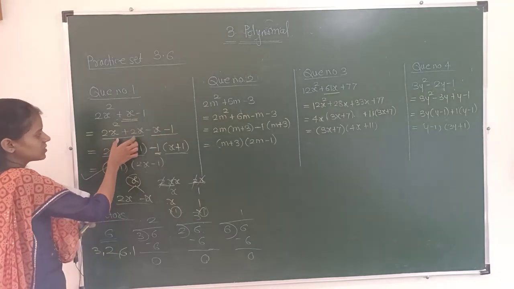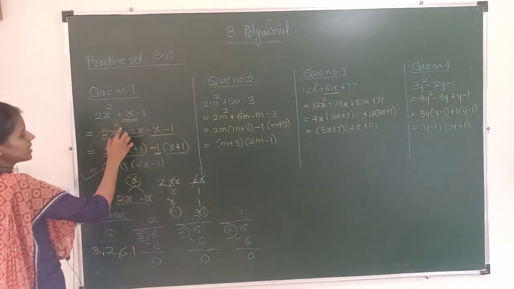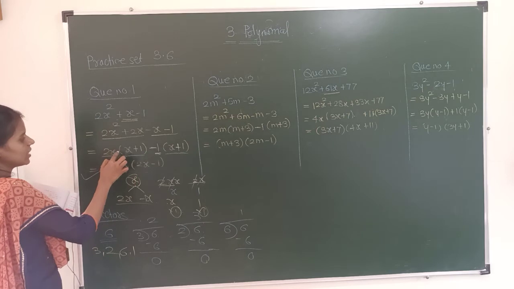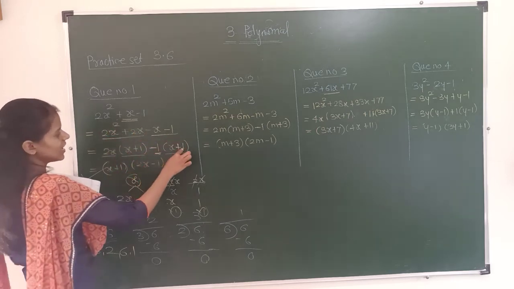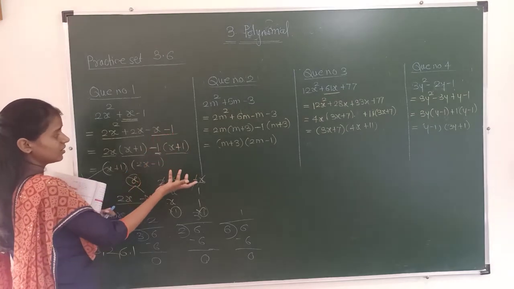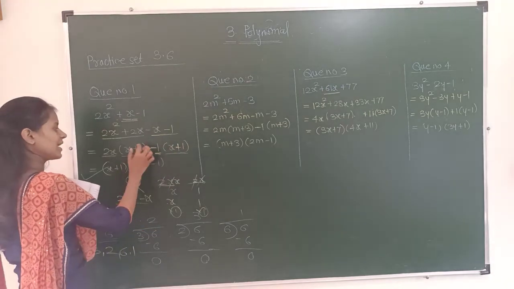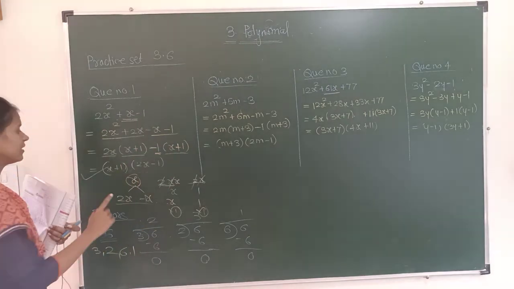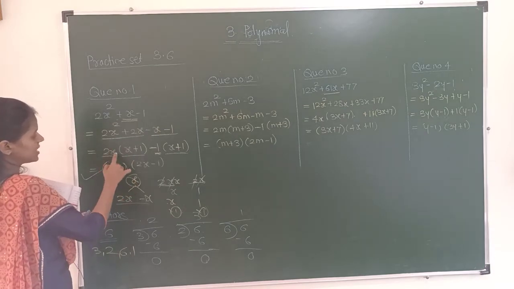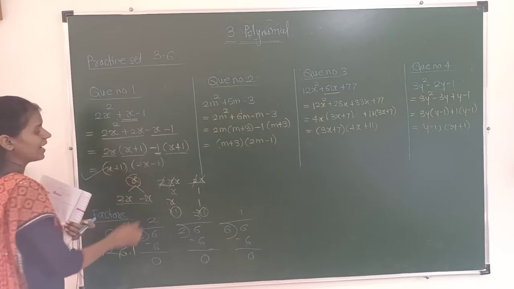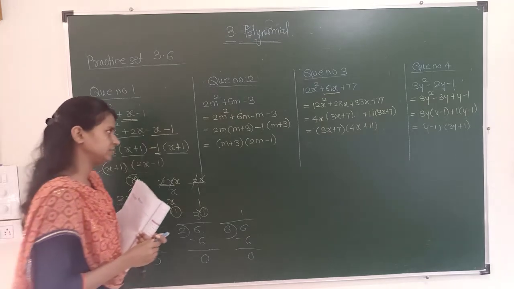Now take these two terms as one group and these two terms as another group. So 2x raised to 2 plus 2x, we took 2x in common, so the remaining term here is x and here is nothing, that is 1. Minus sign as it is, the next sign will change. Here we can take nothing, so 1 in common, and x and this 1 as it is. So these two brackets are common, we will write it one time, in one bracket, x plus 1. The remaining terms are 2x minus 1. So x plus 1 and 2x minus 1, these two are the factors of the given polynomial. This is question number 1.